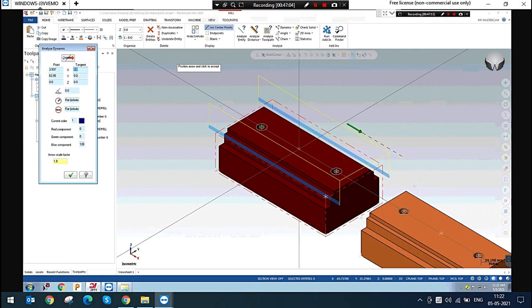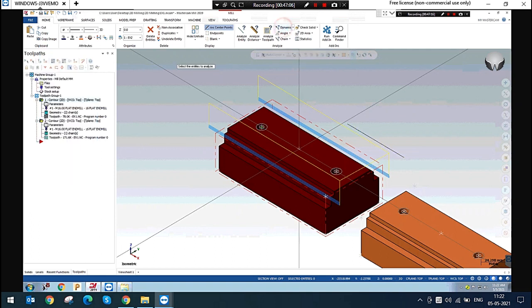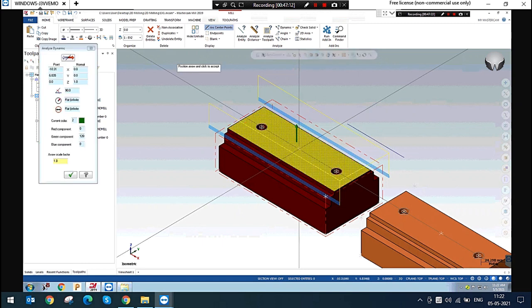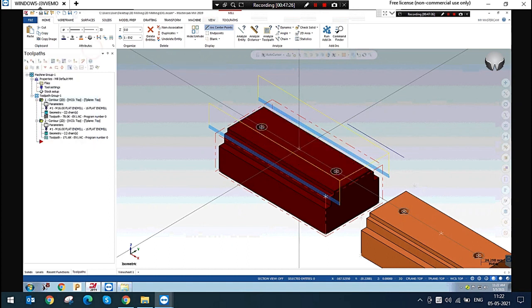This is shown dynamic. But if you select the surface or solid face, I am just selecting the solid face. You can see the point will be moving, and it will be placed at 90°. There is no circular. The current color, you can see this. This is the dynamic option.